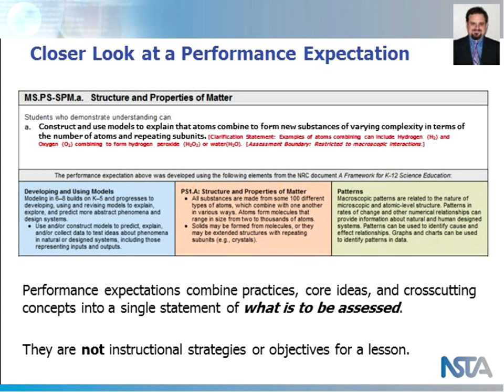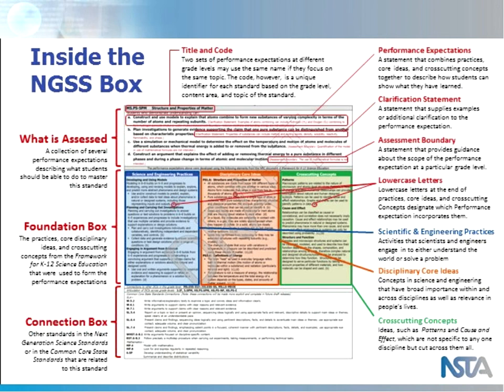Same thing for the disciplinary core idea and the cross-cutting concepts. They have put phrases in the performance expectation that refers to each of those 3 foundation boxes, but it only makes sense to read it as a whole. By a whole, I mean the performance expectation and then the 3 foundation boxes. And they're clearly referenced. If you go down to the foundation boxes, as Ted briefly showed you, you'll see a reference under each one that has the code for the performance expectation just above it. So it's easy to make that connection.